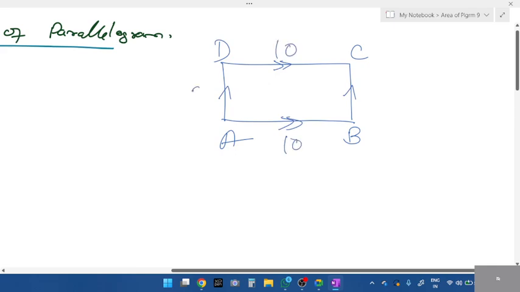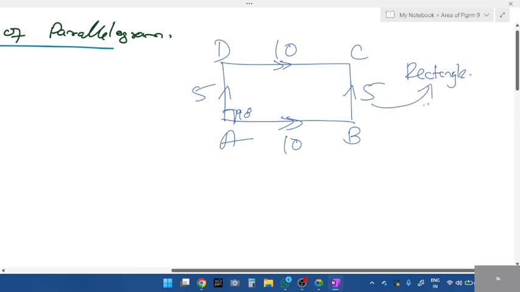Equal. 10, 10. Parallel and equal, right? Same like a parallelogram. Only thing is it is slanting, students. A rectangle is also a part of parallelogram. When do we call a parallelogram a rectangle? When the diagram is straight. Each angle should be 90 degrees. A parallelogram with all the angles 90 degrees, what do we call it? We call it as